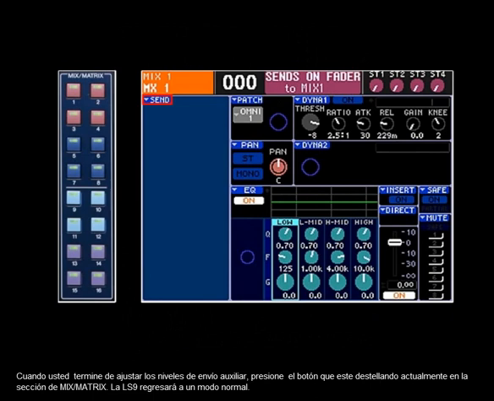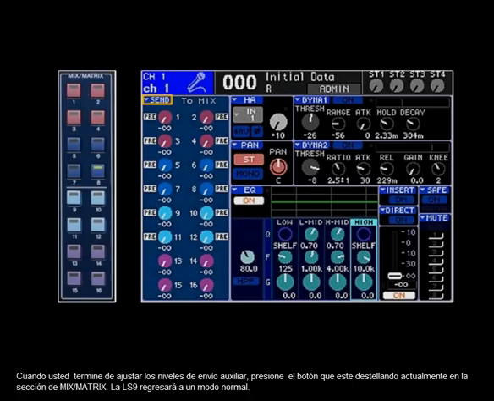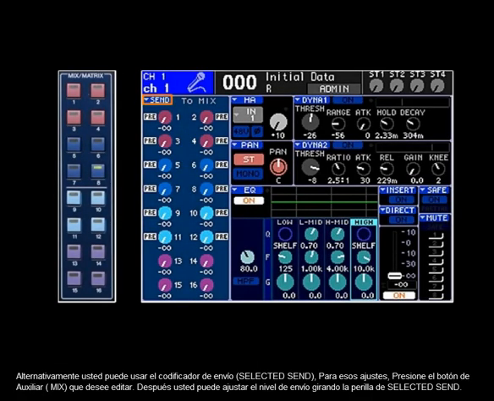When you've finished setting the mix send levels, press the key that is currently flashing in the Mix Matrix Select section. The LS9 will return to normal mode. Alternatively, you can use the selected send encoder for these settings. Adjust the send level to the selected mix bus by turning the